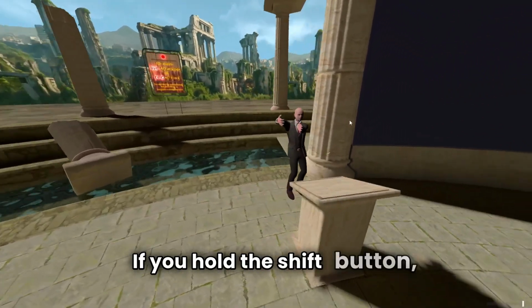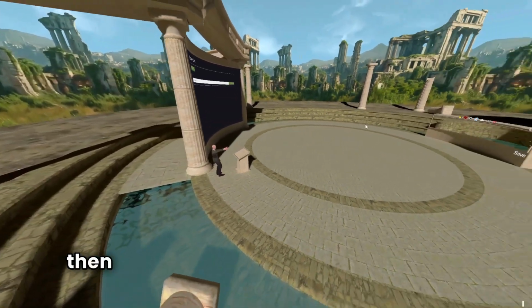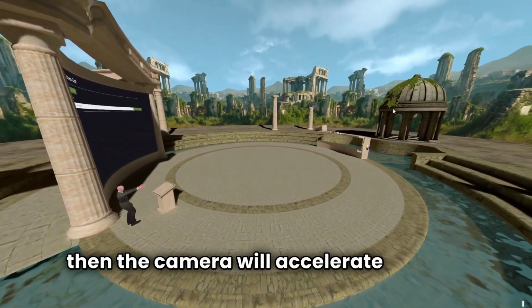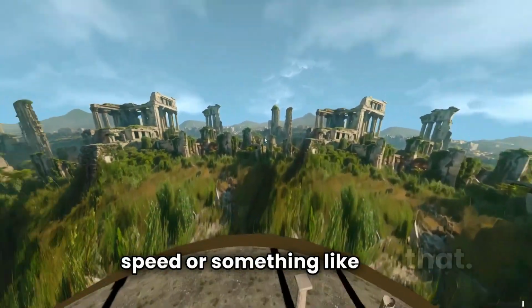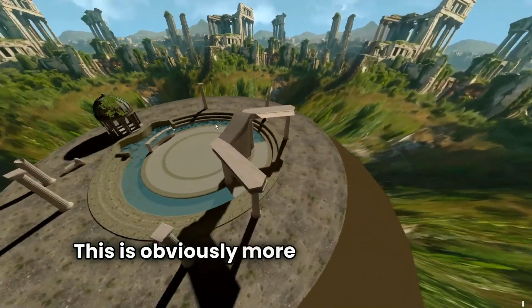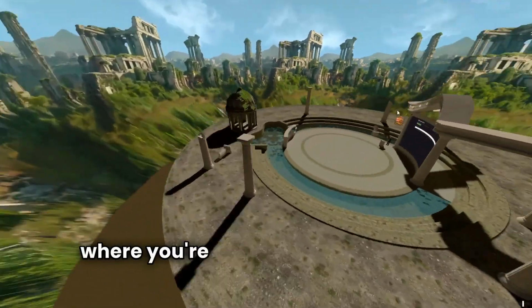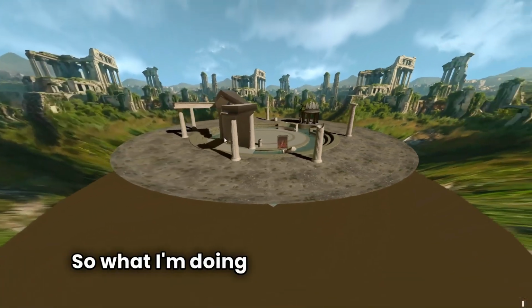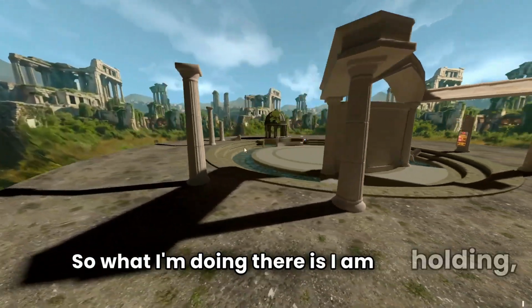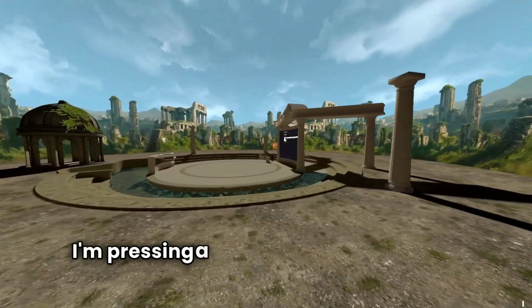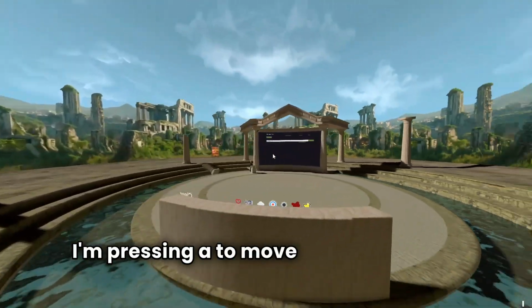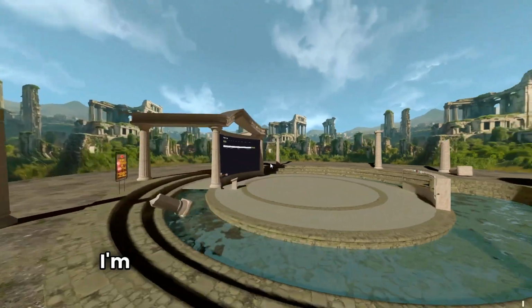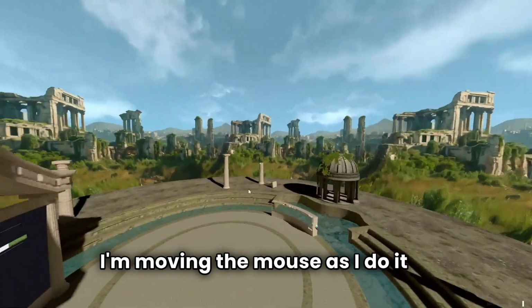If you hold the shift button, then the camera will accelerate greatly. I think it's like double the speed or something like that. This is obviously more useful for larger spaces or where you're trying to get back to the beginning of a space, such as in Tush Push. So what I'm doing there is I'm pressing A to move the camera left, and I'm moving the mouse as I do it to try and